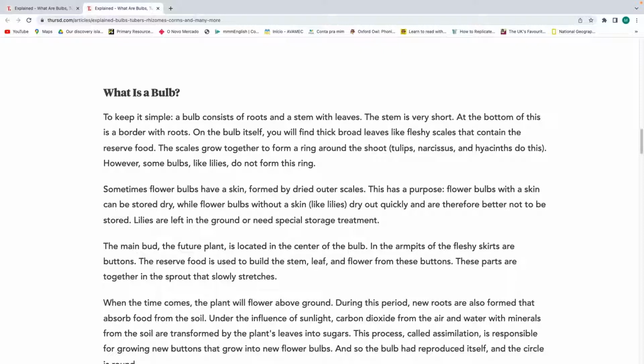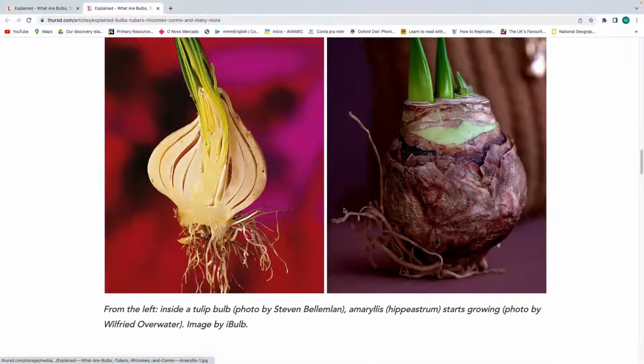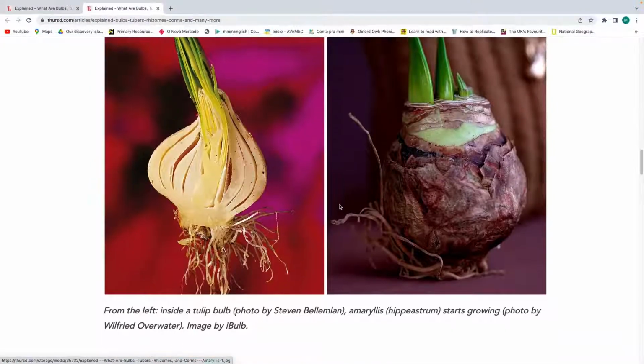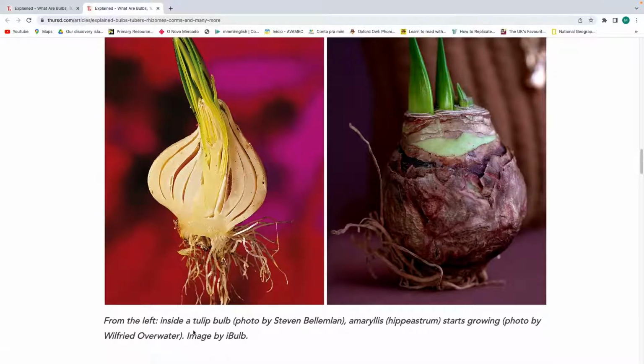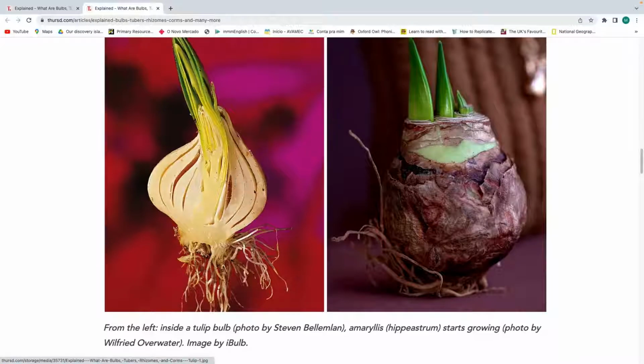Você vê que aqui ele já deu exemplo de flores, ou seja, né? Vamos ver se a gente tem algum exemplo aqui só para fazer a descrição para você. Bom, aqui a gente tem um exemplo da raiz, inside a tulip bulb, dentro de uma bulba de tulipa. Você vê que ela tem o formato de uma cebola, né, dentro dessa proteção aí. Olha como é que ela é, né?